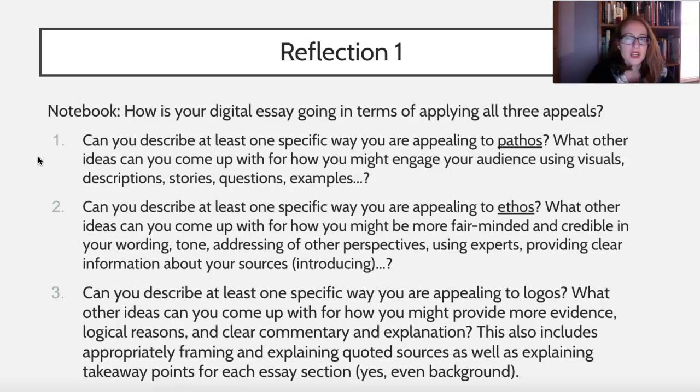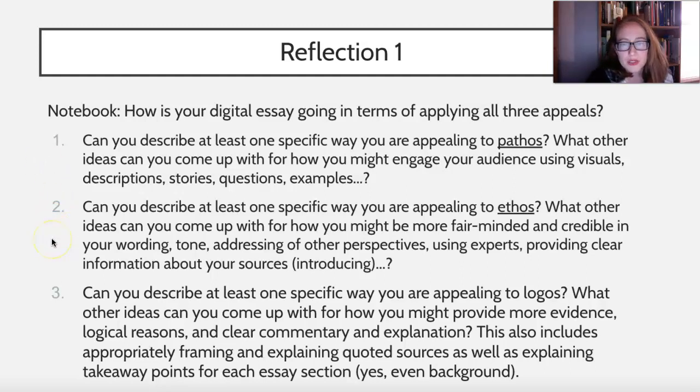Because remember, regardless of who your target audience is, there's always a place for pathos. If you're not appealing to emotions, there's still a place for appealing to their sense of needing to be able to visualize what you're talking about, needing to be able to see it and connect it and ground it in something that they understand, to make it more understandable to them. So visual images, how-to videos, things that let them see.